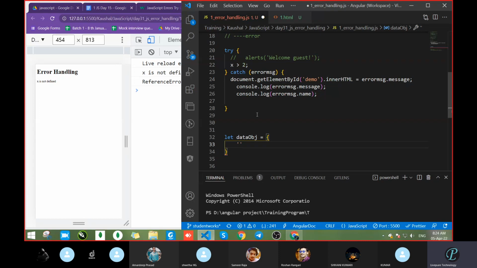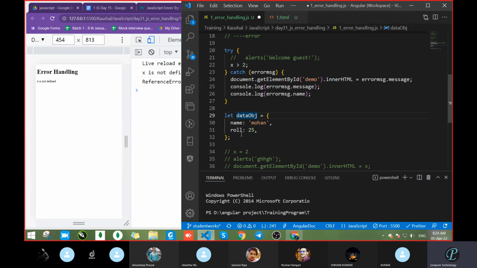Suppose this is your object. Here data will be like key and value. Name: Mohan. Roll: 25. This is an object or not?